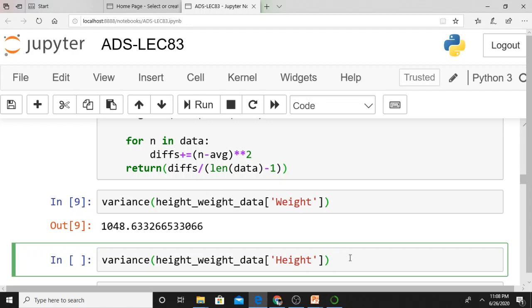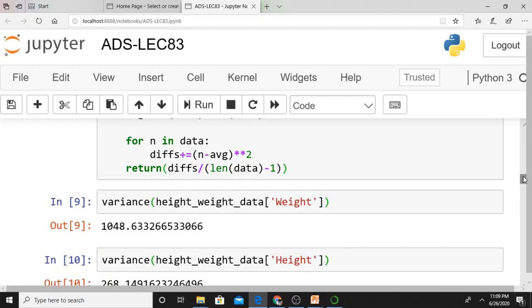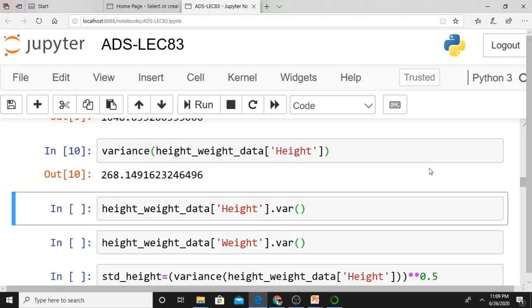Height is also a numerical column in your height_weight_data data frame. What is the variance of this particular column? It is 268.141914916. Even this we calculated with the help of our own user defined function.